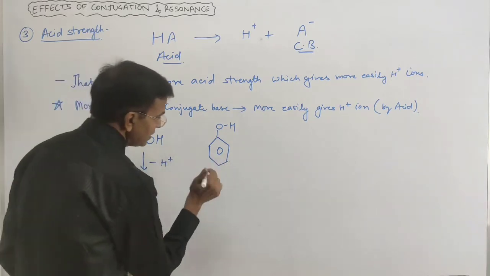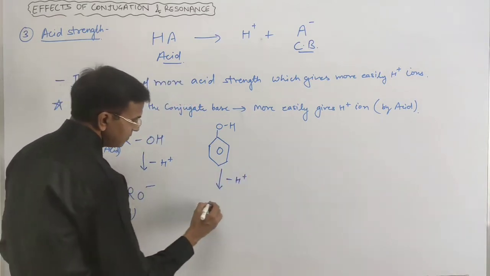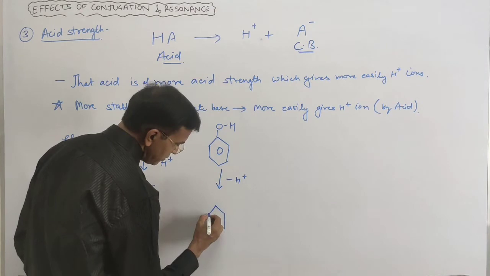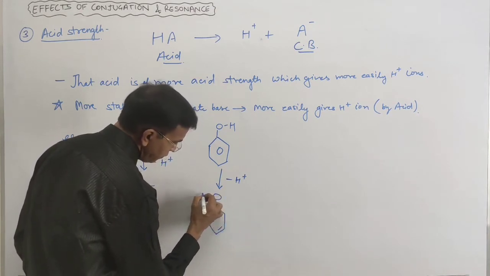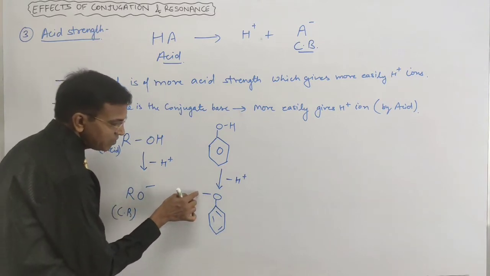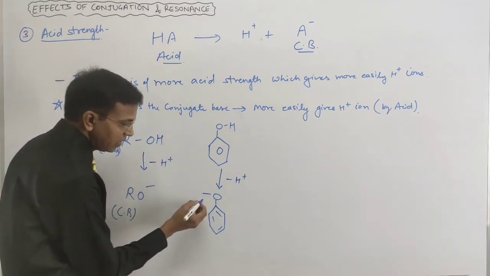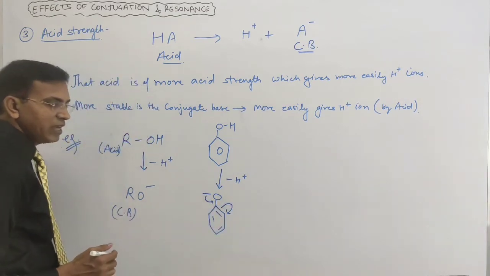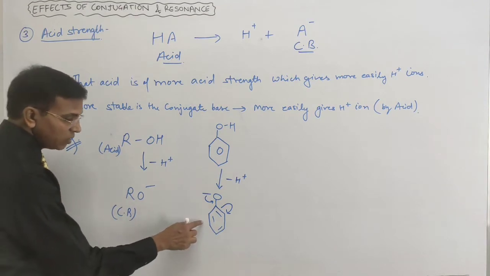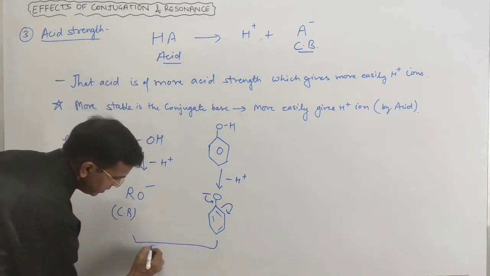But in this case, when this is going to release the H positive ion, it gives the phenoxide ion, and this negative charge is in conjugation with the pi electrons in the benzene ring, and that comes in resonance. So that means this is a more stable structure than this,